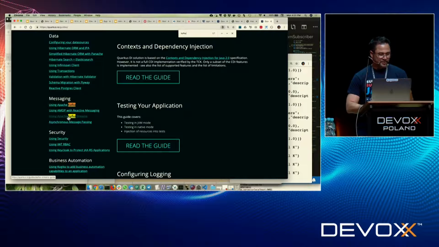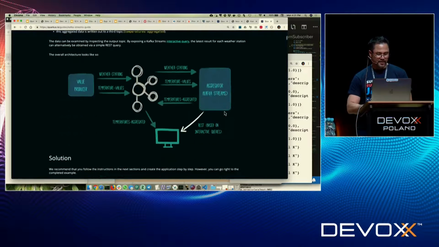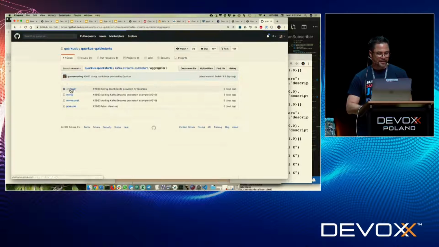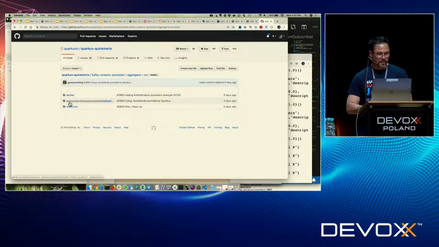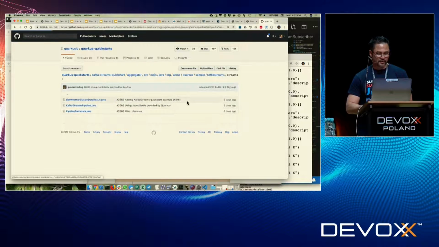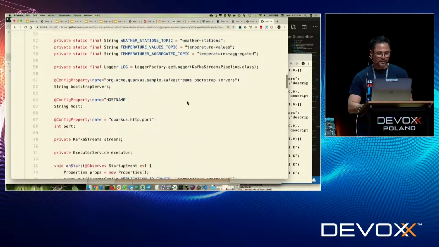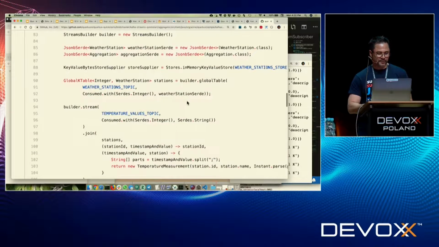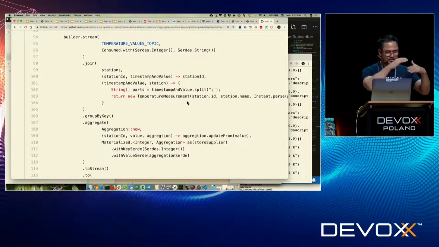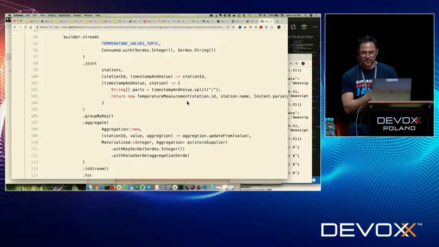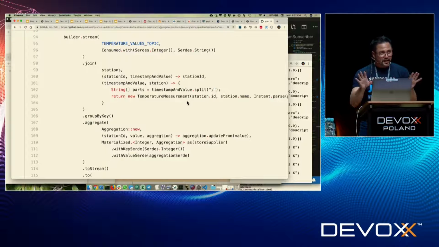Kafka is also reactive messaging, but Kafka Streams, and then you can use the Kafka Streams programming model. So right here, did I have the right link? Yep, fantastic. If you were using the Kafka Streams programming model before, now you can also compile this down to a native executable and interact with the Streams API of Kafka Streams. Here's a good example of that. In this case, it's using weather information from weather stations in real-time analysis and aggregating that data across multiple weather stations. Okay? So this concept is very powerful.